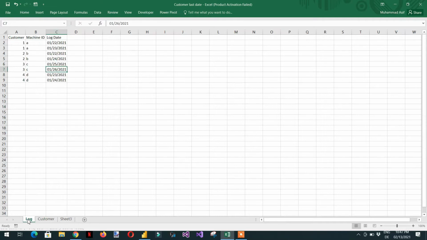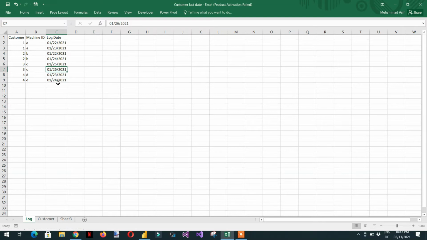And this is the child table, log. So here you can see for every customer we have 2 rows and the log date. The date is 22/23, and for customer 2 the date is 22/24, and so on.